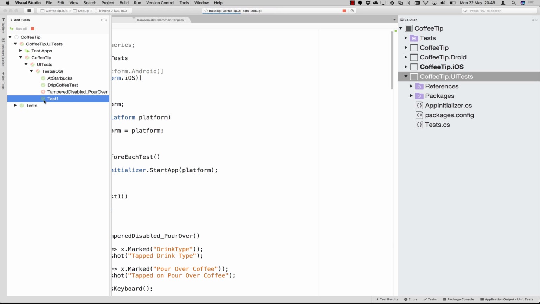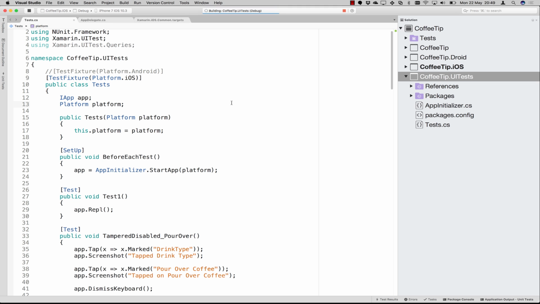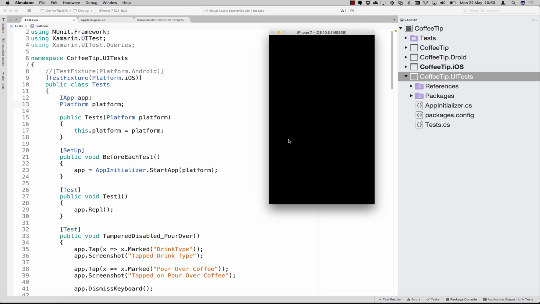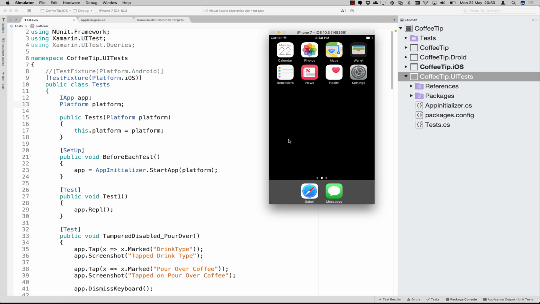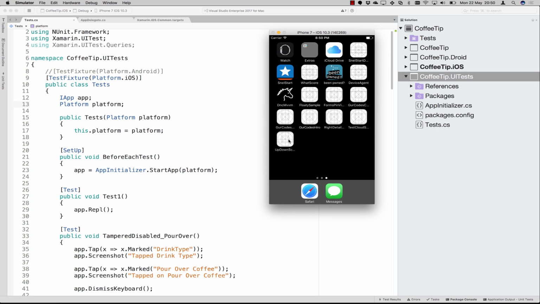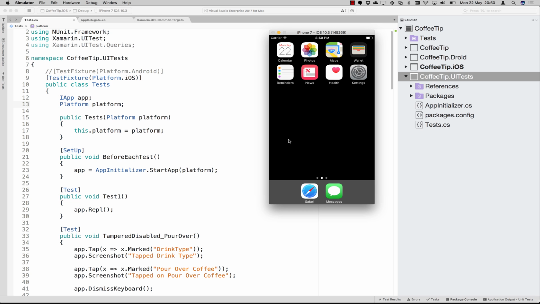So if I double click it, then only this specific test will start running. The simulator will come up and it will restart this app to create a new clean session for us to work with. So you will see the app come up. First you see some icon flashing, which is the device agent, which is responsible for simulating the tests for us. And then we will see the coffee tip app come up,